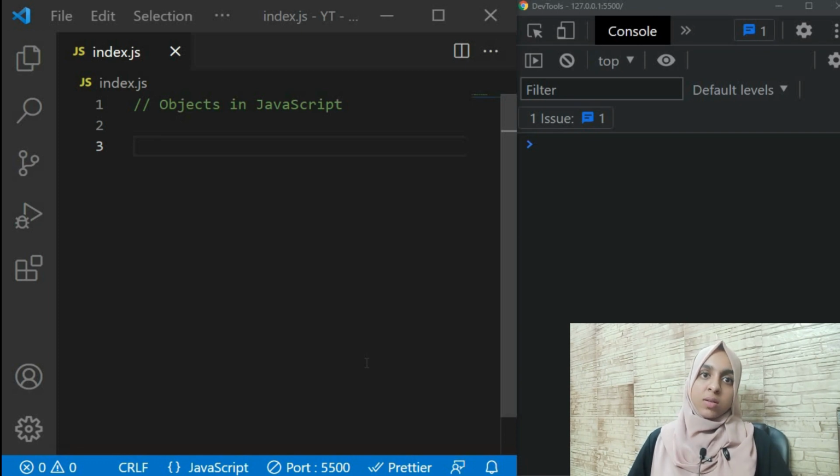One of the most important topics in JavaScript is objects. You will see objects everywhere in JavaScript. Also, when you call data using an API, what you get back is JSON, and those are also objects. Today we will look at what objects are, how you can write objects, how you can access the properties and methods of your objects, and what properties and methods are. So without wasting time, let's go to VS Code and see what exactly objects are.